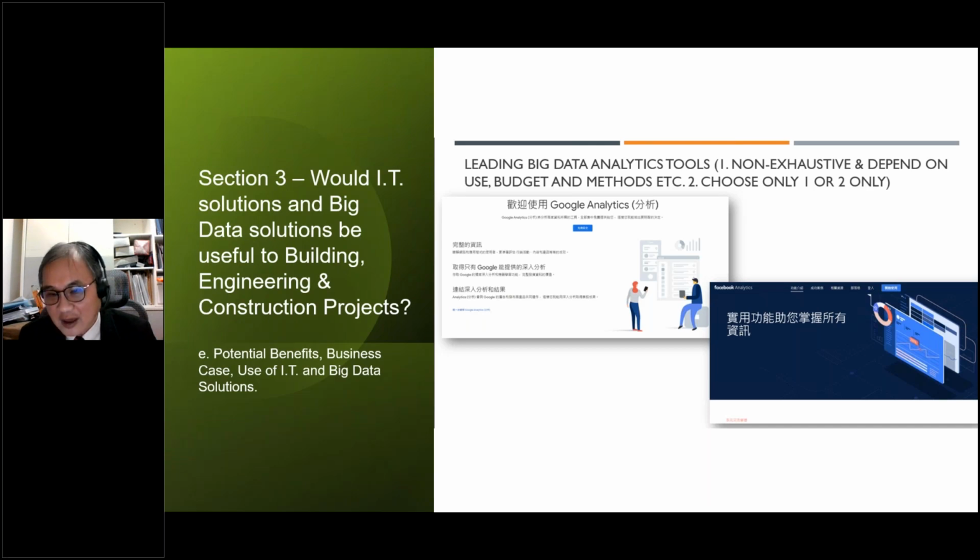After that, we can choose different types of big data tools and big data analytics.